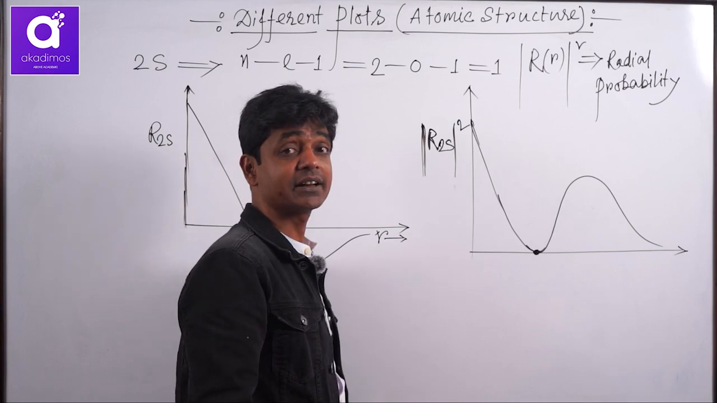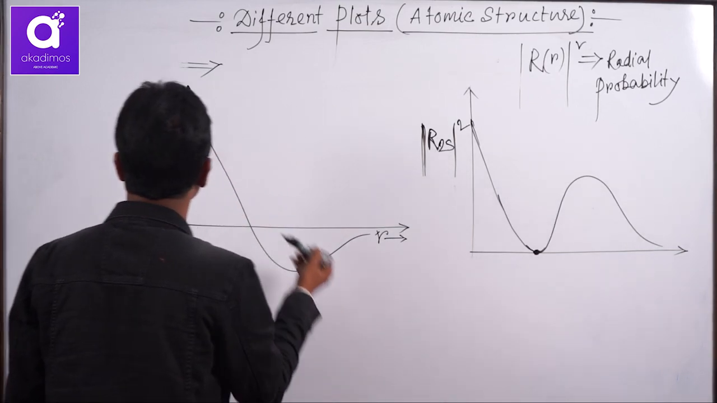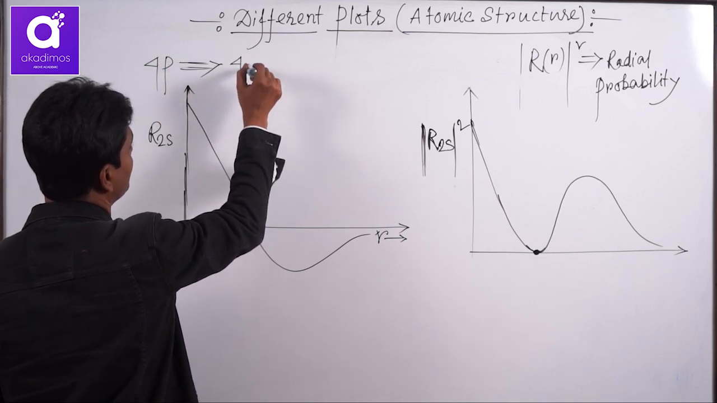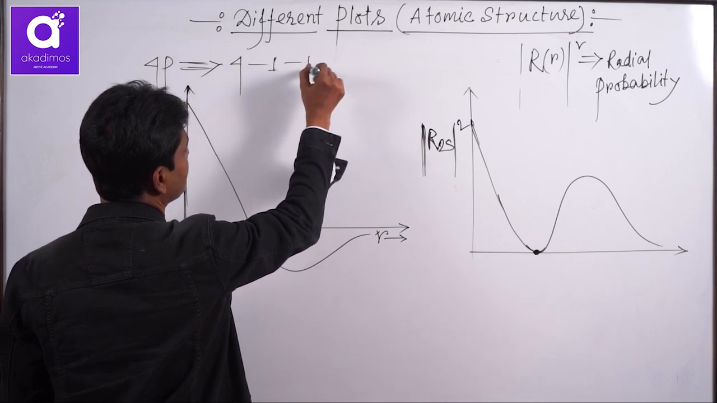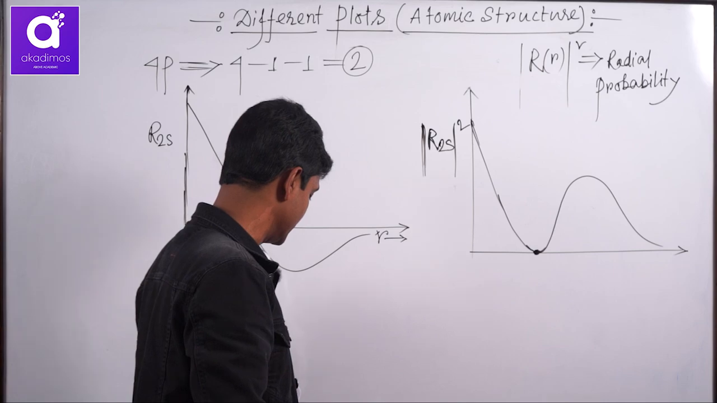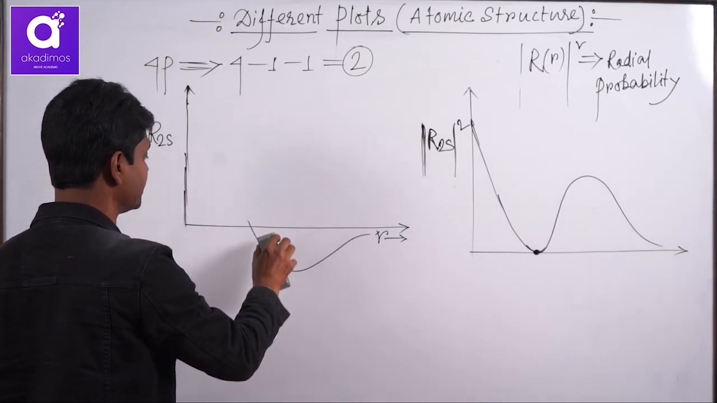That means you got the idea how you will draw radial probability versus radius. Now I take another example. Another example I am going to take is the 4p orbital or 4p subshell. Now the number of radial nodes is 4 minus 1 minus 1, that is 2 radial nodes. You know the formula. The radial node depends on n and l both. Now if I plot it,